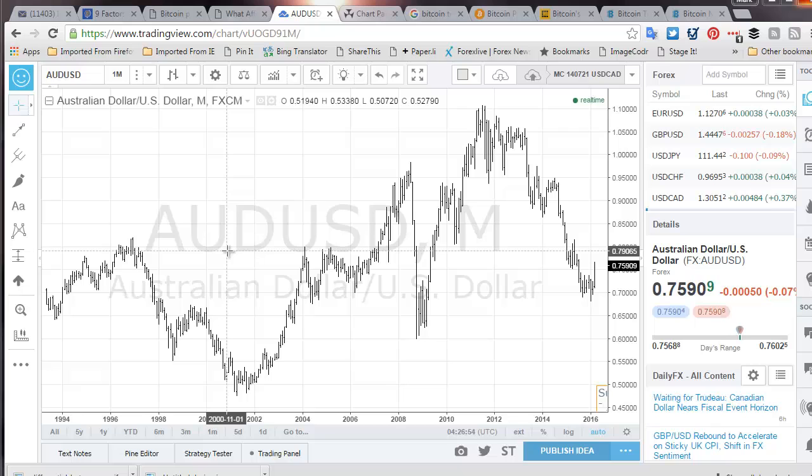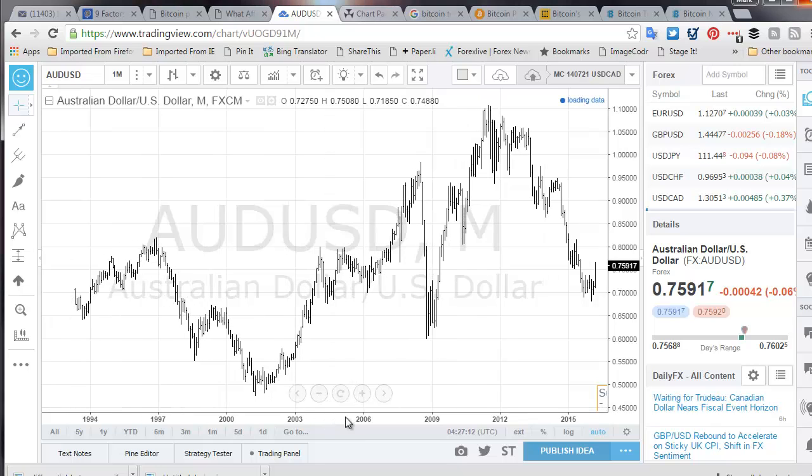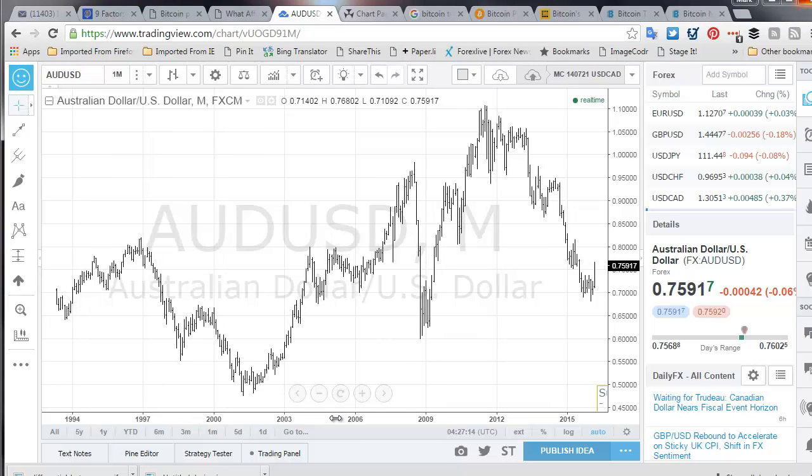And the very specific reason that I've chosen it is on this chart. You'll see this chart starts in 1994. So this is the beginning of the end of 1993. It's a monthly chart, and the importance of that, as you can see, there's no data before this, is that this is when the Australian dollar was floated freely. So it could be traded freely against all other currencies, so without intervention in the currency markets.